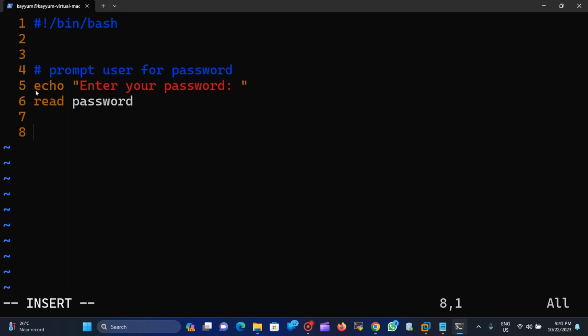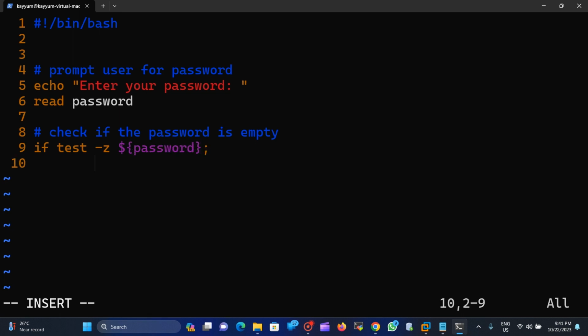So it will ask the user for entering the password, and after entering the password it will save it inside this password variable using the read command. Now we will check if the password is empty. For that we will use if test, then hyphen z and give the password name. So if the password is empty, echo